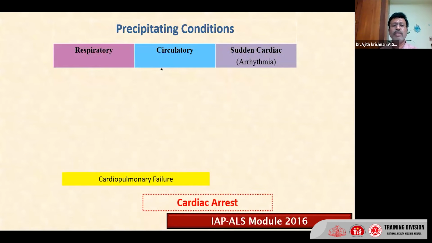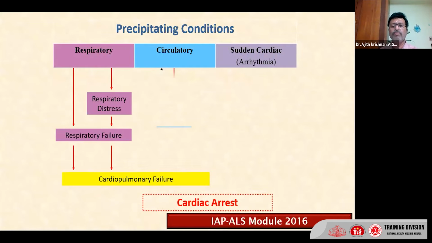So this is the PALS. Cardiac arrest is the commonest cause of death, as you all know. In children, it is commonly due to a respiratory problem, and the respiratory problem will lead on to respiratory failure, then cardiopulmonary failure, and death. In acute COVID also, you can get arrhythmias, very rarely, especially